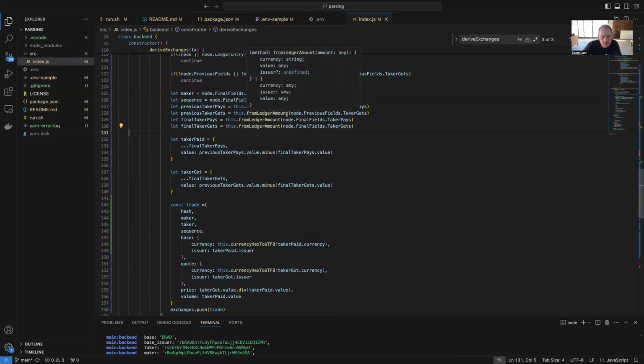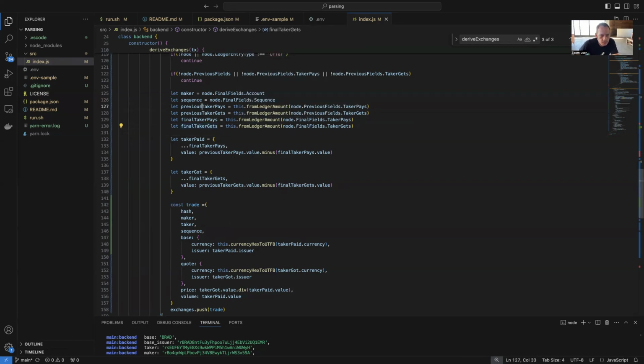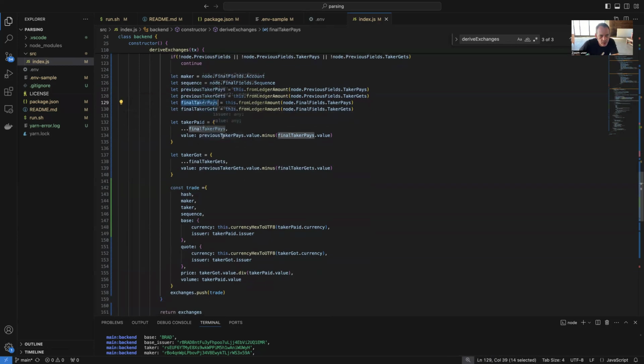So that's what dividing it by a million or multiplying by a million does. Take a pays, take a gets. So you've got your previous value and your final value, right? We have to look at the previous state of take a pays, that value in this list of nodes that are returned, and then we look at the final states and we subtract those from each other to get the final value that was actually transferred within that piece of the trade, right? We did the same for take a gets,